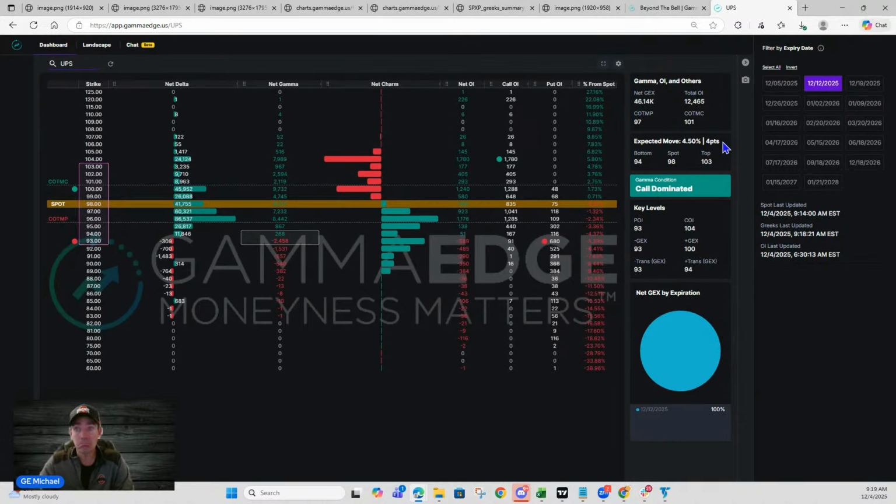So that would be, I mean, Tesla looks good, or sorry, UPS looks good. 100 be that first stalling area to the upside, and then 104 after that. So hopefully that helps. Tesla,